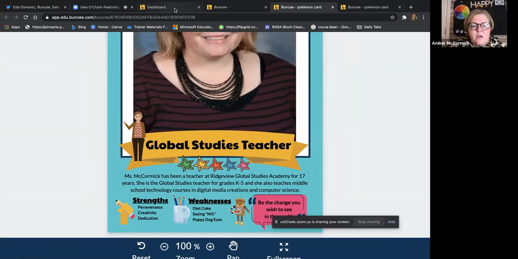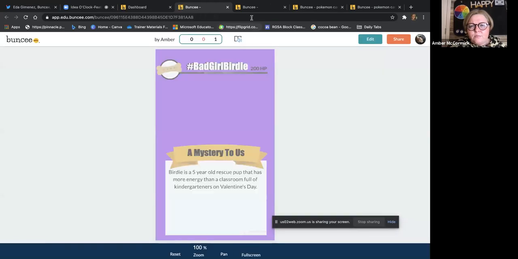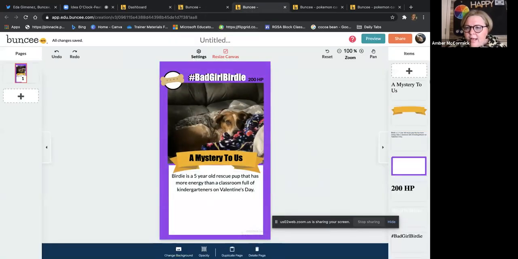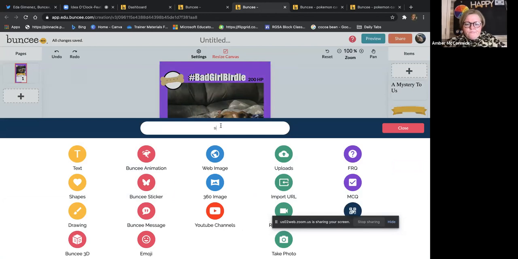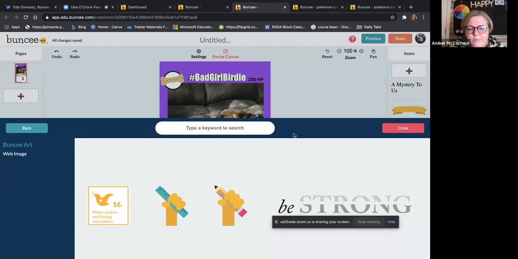So let's go ahead and get these over here. I'm going to pick a strength for Birdie. There we go. Let's go look up strong and see what we find. All right, so these were some of the words that popped up when I searched strong. So I can keep looking. Let's do strength,